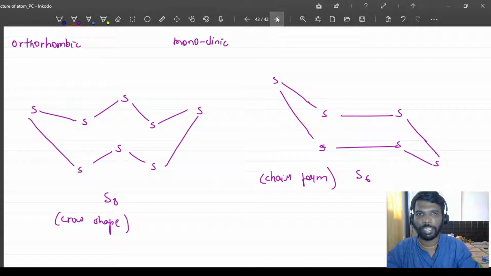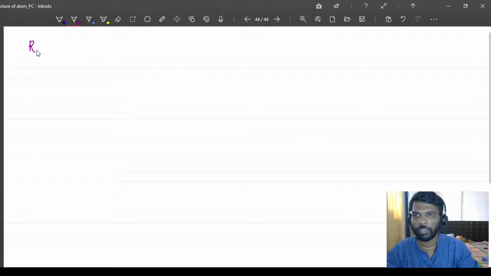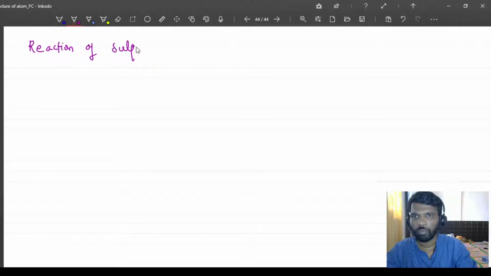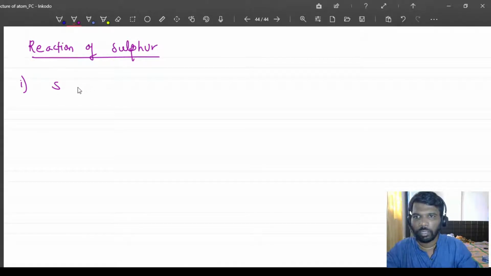The next is reactions of the sulfur. How sulfur reacts with other compounds. Reactions of sulfur. First reaction is sulfur plus NaOH. The oxidation state of the sulfur over here is zero. So this gives you Na2S and